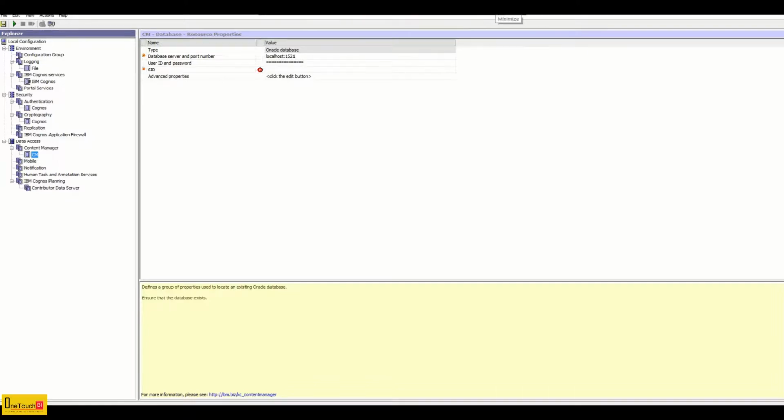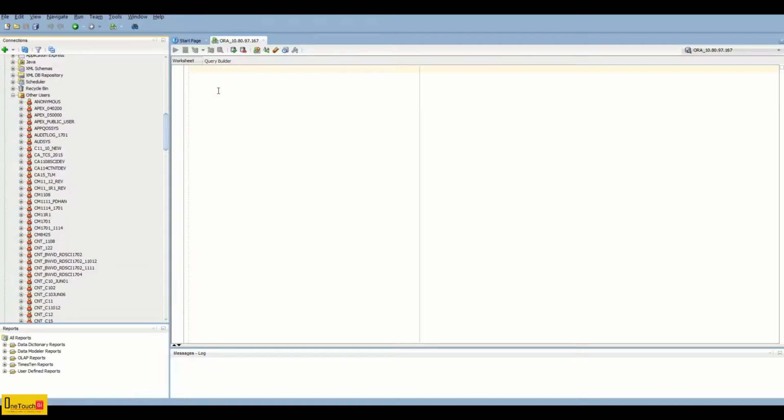So before that, I need to create in the backend one dedicated user schema for keeping all my metadata repository. So what I do, I will go to my Oracle database with the system password. And here I am going to create a new schema called CM1701 and the version number, 1116.